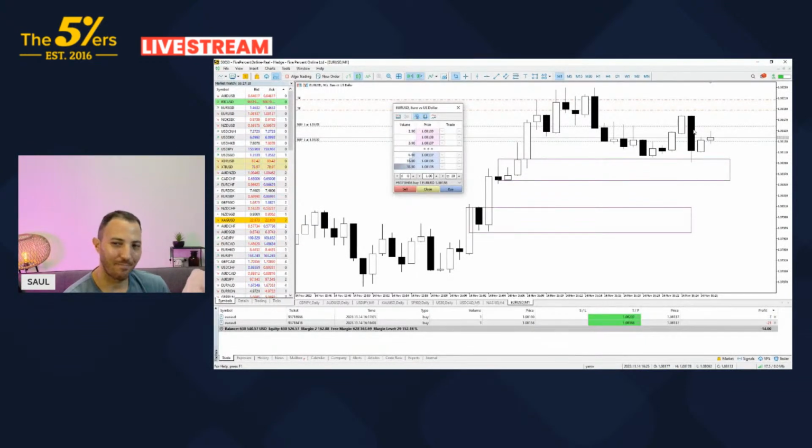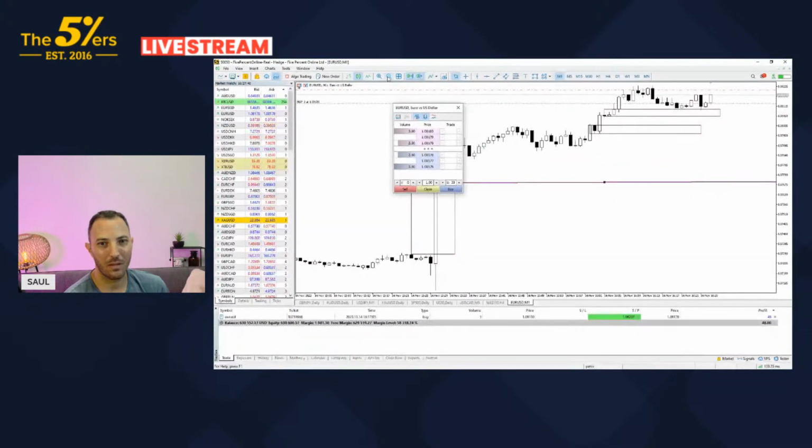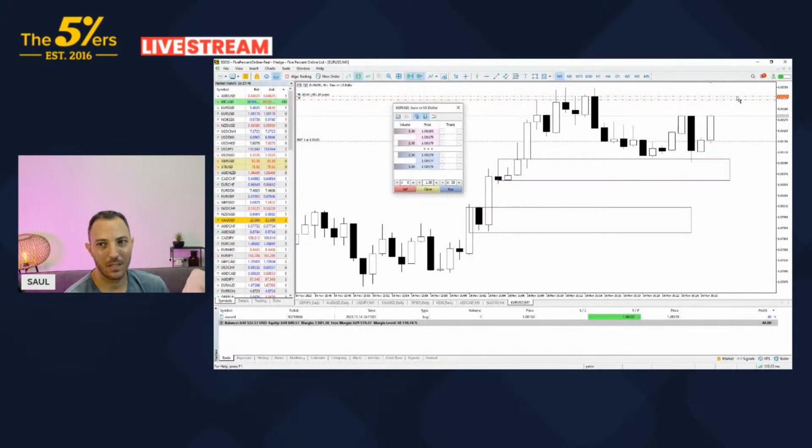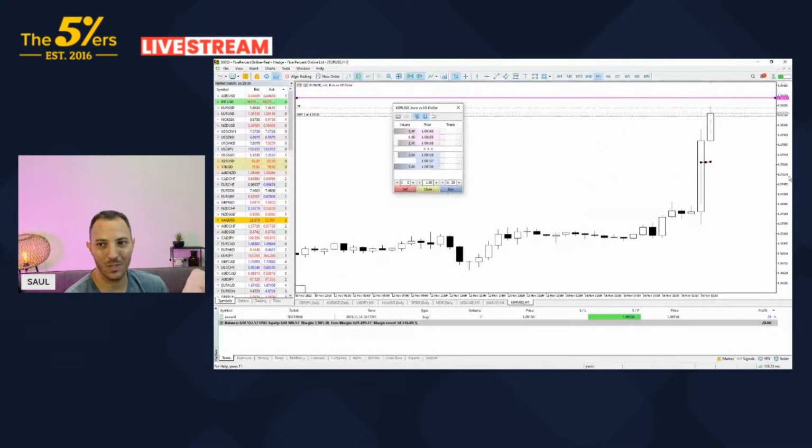Now this candle, I wish it wasn't there, because now that creates a new resistance. Now I need to consider taking profits at that level, just because of that strong reaction. Let's see what happens if we can manage to break that now. Okay, there we go. So we have this scalping target, which is previous highs, and we have the swing targets, which would be based on larger time frames. In this case, we said it's the purple line.